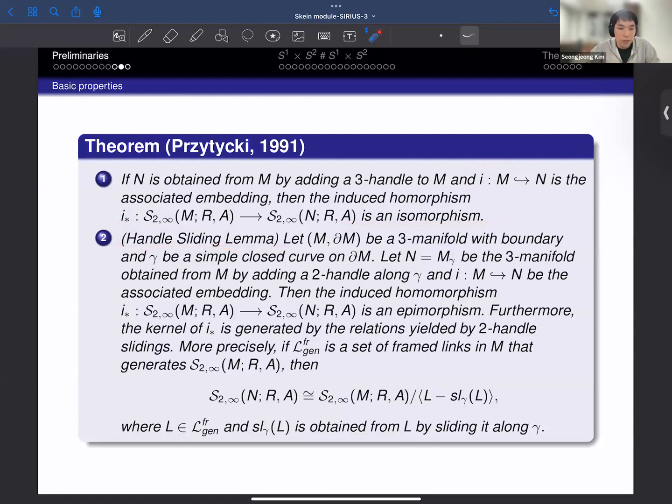And the second property is the following: let M be a 3 manifold with boundary, and gamma be a simple closed curve on the boundary of M. And let N be the 3 manifold obtained from M by adding a 2-handle along gamma. Then there must be an associated embedding from M to N. Then the induced homomorphism i star from KBSM of M to KBSM of N is an epimorphism. Moreover, the kernel of i star is generated by the relations given by 2-handle slidings along gamma. Or precisely, if L^fr, if we denote,